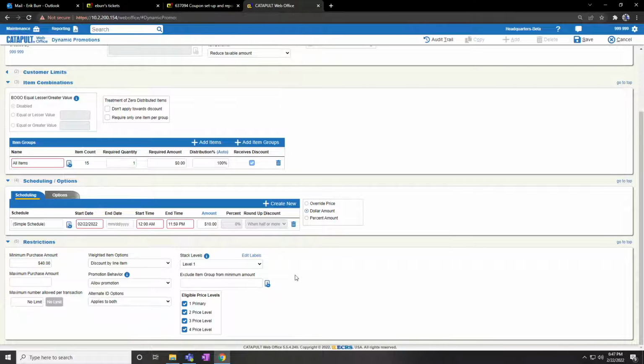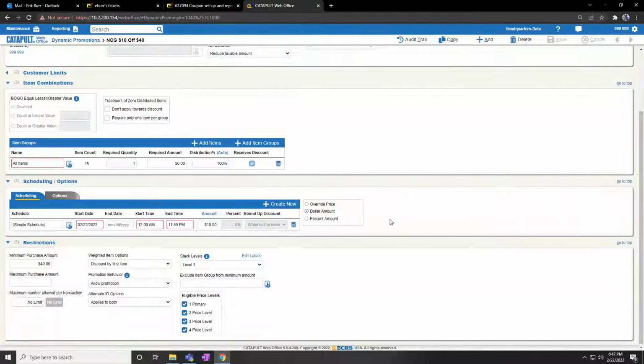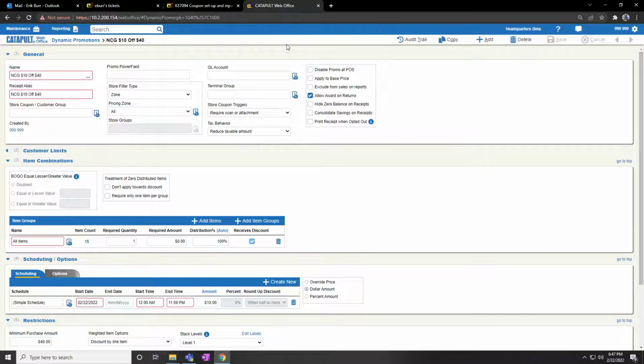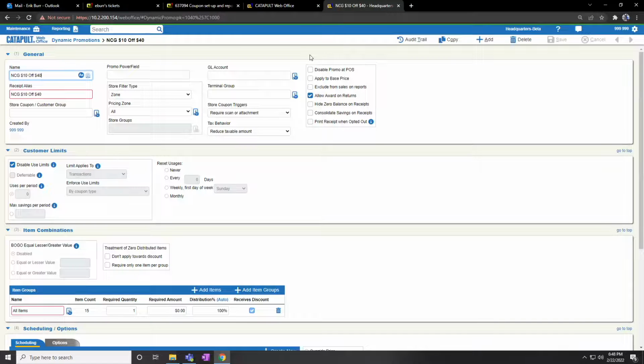All right, so that's most of what we have to do here. There's one other step, but I'm going to go ahead and hit save. We'll go ahead and make sure that it allows us to save. And what I'm going to do now is create a new tab. So if we come up here and right click and duplicate, we're going to go ahead and create a new item in inventory, and this is going to act as a coupon. So I'm just going to go to the home page,